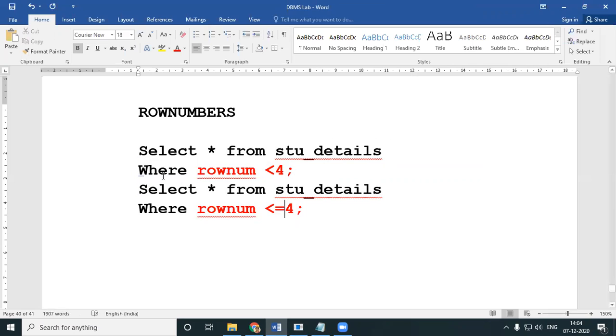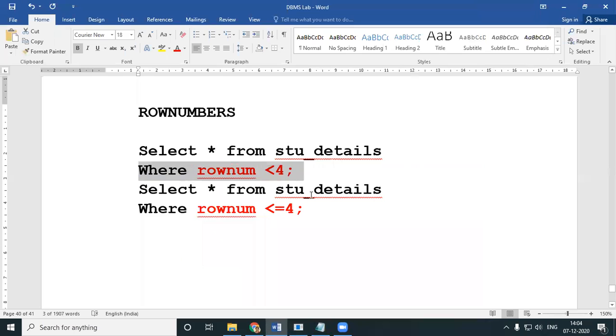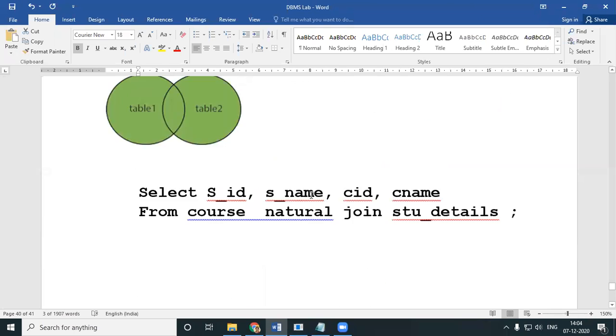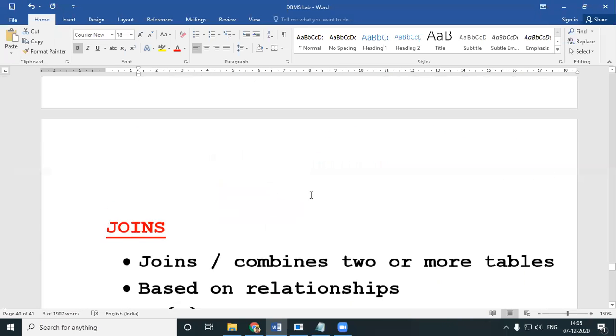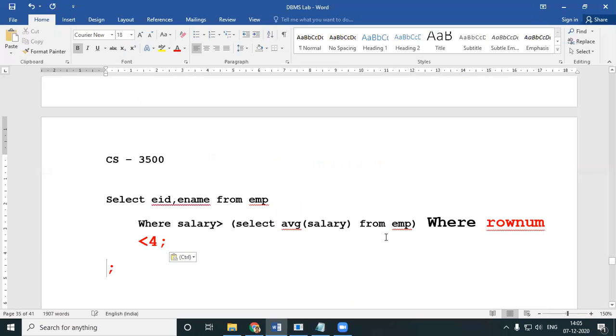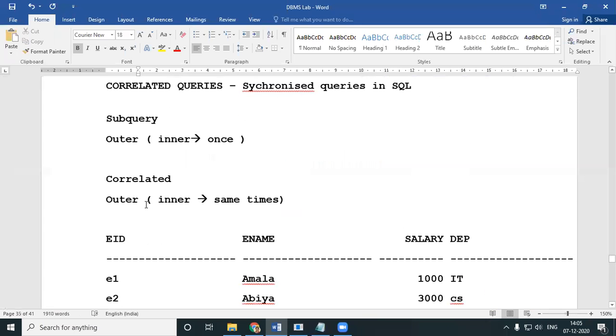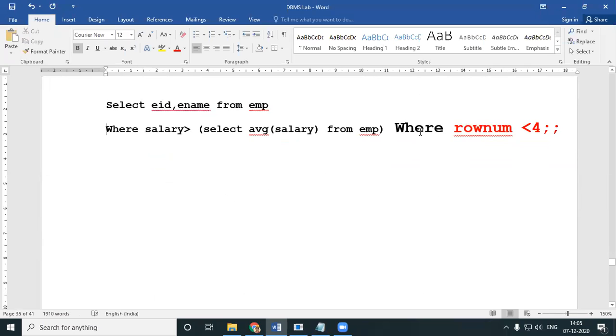Now the same thing, I'll just copy this. You can use it in any query if you want to limit the number of rows. I'll just copy this and paste it somewhere randomly. Let's say these are a few queries. Okay, I'll do it over here. So what was this query? It was a correlated query where you are finding out the employee ID and employee name